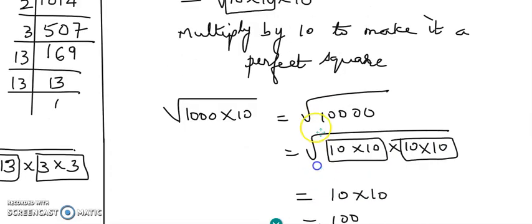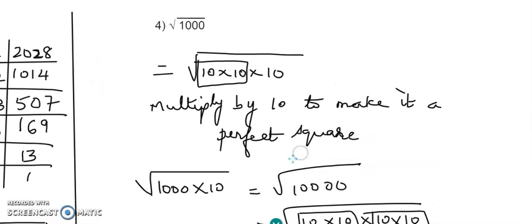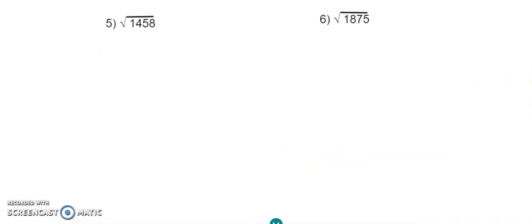This was easy, so we did it, but don't do it for every other question because they have already told us to find it by prime factorization. Factors of 1000 is very easy, so we just did it. Now here we'll be finding the prime factorization for each case. Okay, so let's do that.